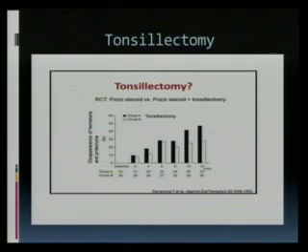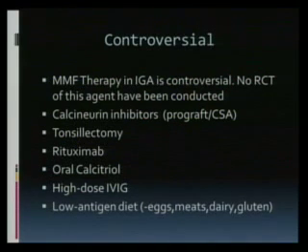But when I was reviewing the literature on tonsillectomy for treatment of IgA nephropathy, they were mainly saying that if you have patients with tonsillitis or repeat infections in their adenoids and so forth, and they keep getting these infections, and they keep going into this issue of getting hematuria and proteinuria, those are the patients that you should maybe consider doing a tonsillectomy. Those are the ones that benefit the most. But if you have patients who don't have those symptoms, there's really no point in doing a tonsillectomy. So I would say that subclass may benefit. That's why I put that as a controversial treatment. So for those patients you can consider it, but it's not really a mainstay treatment for